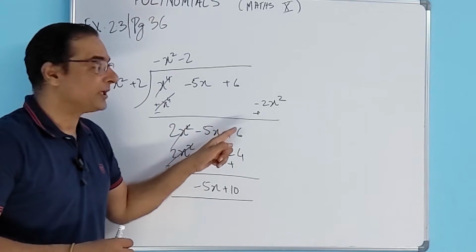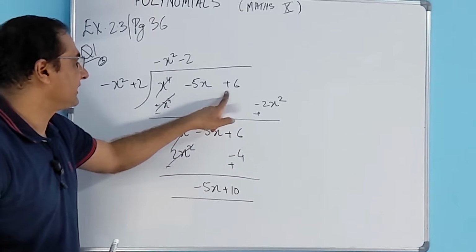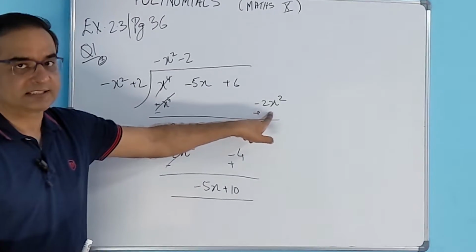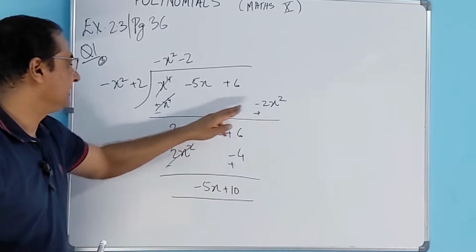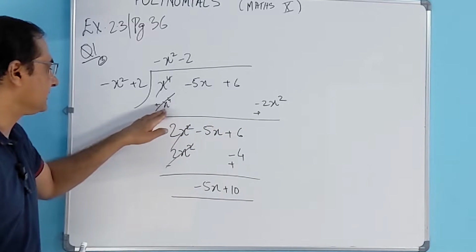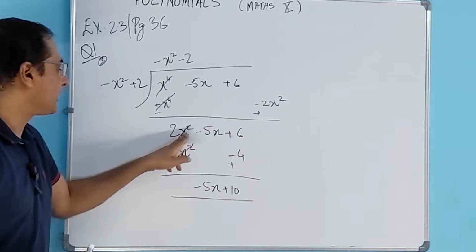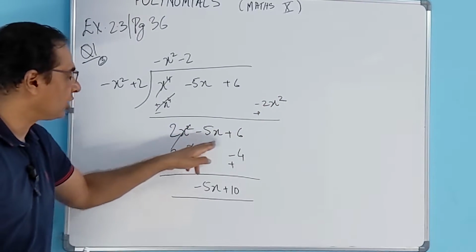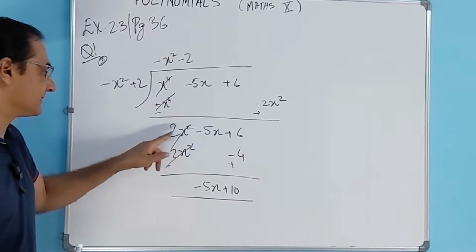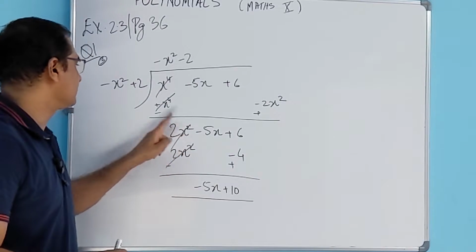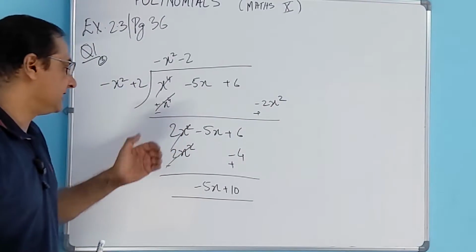Now if we pay attention, we do not have any term of x square, so we write it over here just temporarily, so that we are not disturbing the order. So we write it here, but once we are subtracting it, we can write this 2x square over here, so that our order is maintained of decreasing degree of the variable x. So we write it over here. Again, degree is 2, degree of divisor is 2, we can divide it further.